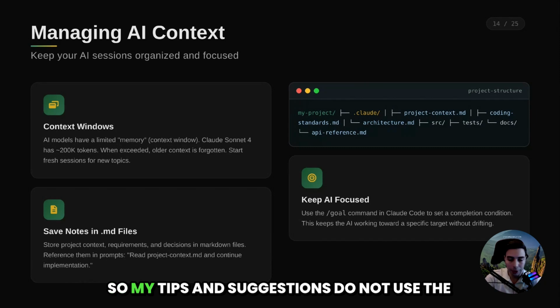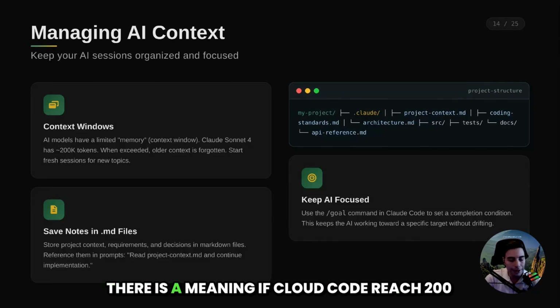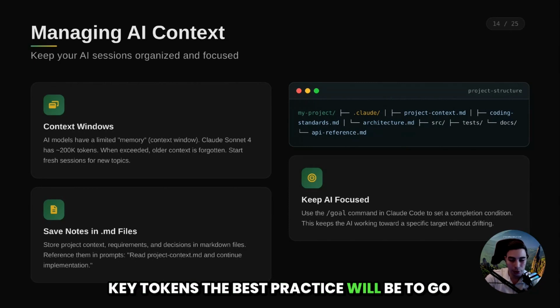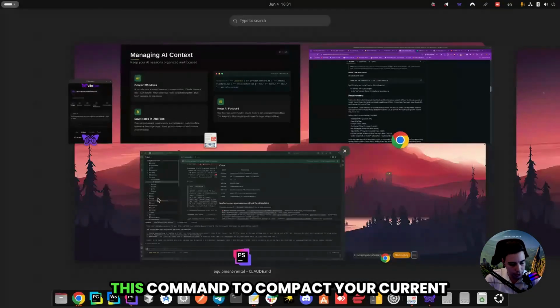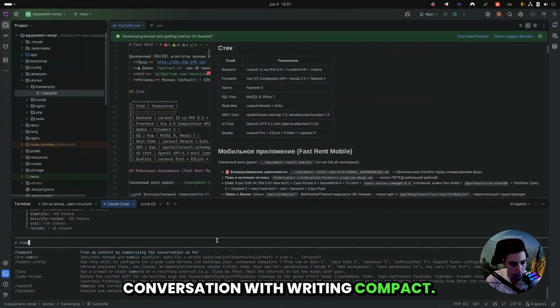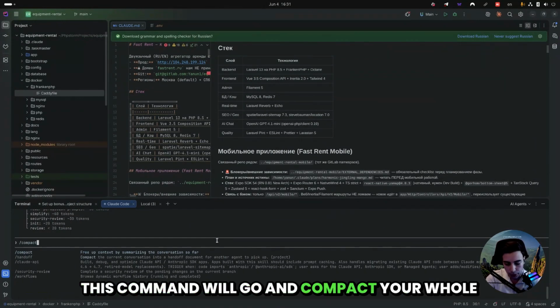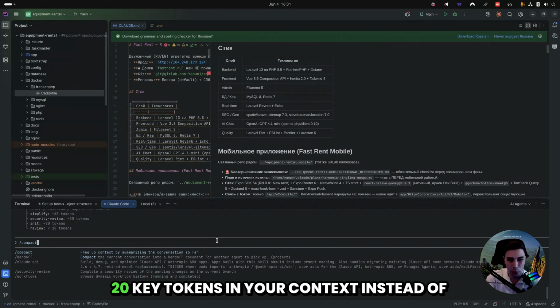So my tips and suggestions: do not use the whole context and don't give Claude Code permission to use the whole context. There is a reason. If Claude Code reaches 200K tokens, the best practice is to continue with a new session, or you can use the compact command to compact your current conversation by writing compact. This command will compact your whole conversation, and in the end you will have 20K tokens in your context instead of